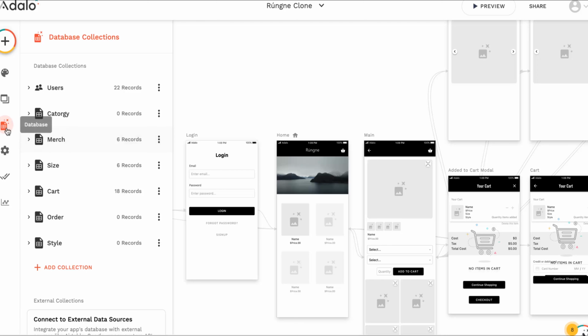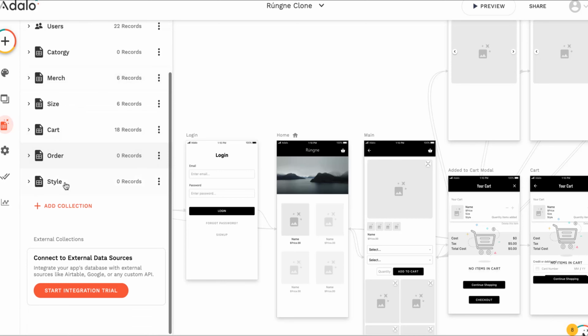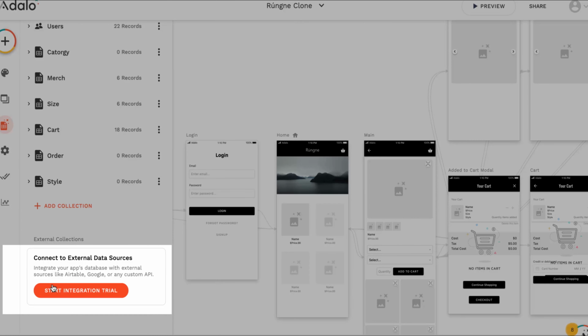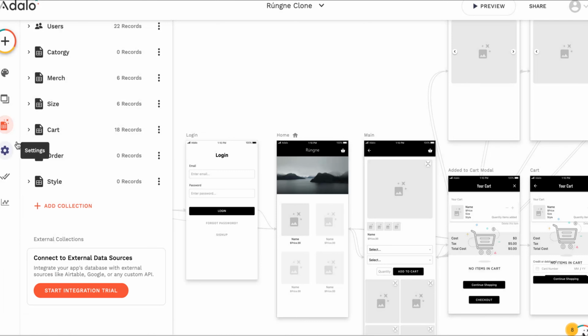Next, I can look at the database, and this allows me to already have the relationship. How is the data being stored for my app? When I create the template and make the clone, it's already creating that database and that relationship for me, which is super helpful because now I don't have to think about how I'm going to connect all these things. If I'm going to be selling something, how do I know the app is talking to the right thing? It's already done right here. If I want to connect an external data source, I can also do that, but I would start with Adalo's first and then decide if I need something like Xano or Backendless later on.